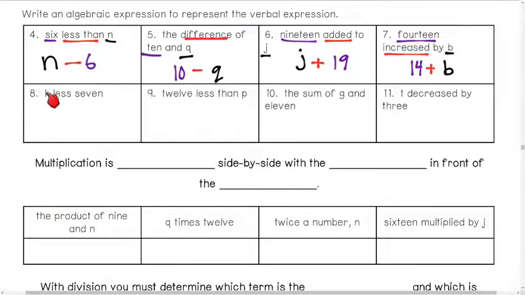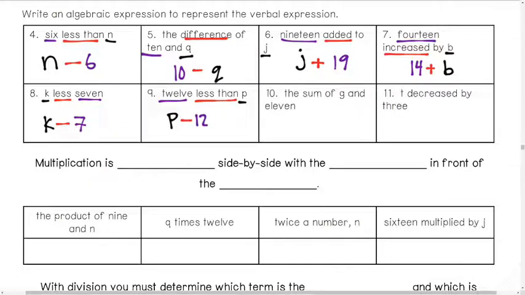Then we have here k less 7. Now it doesn't say less than, it says k less 7. So that means we take k and we get rid of 7. Number 9, 12 less than p. So that means we take p and we want 12 less. So we would say